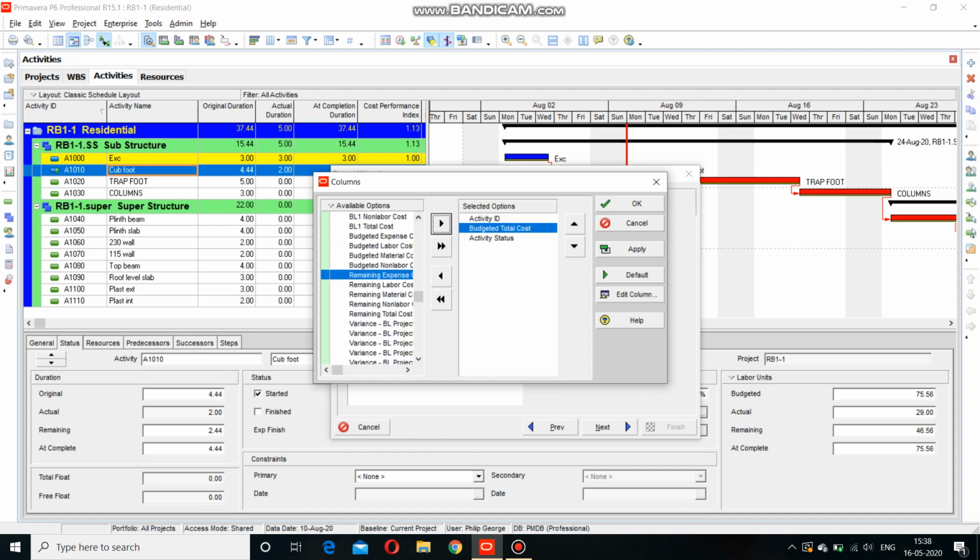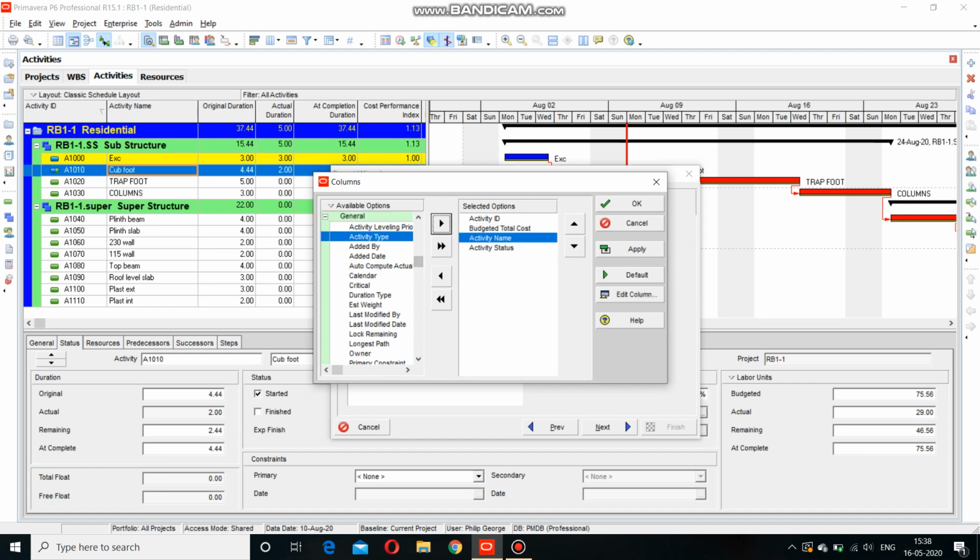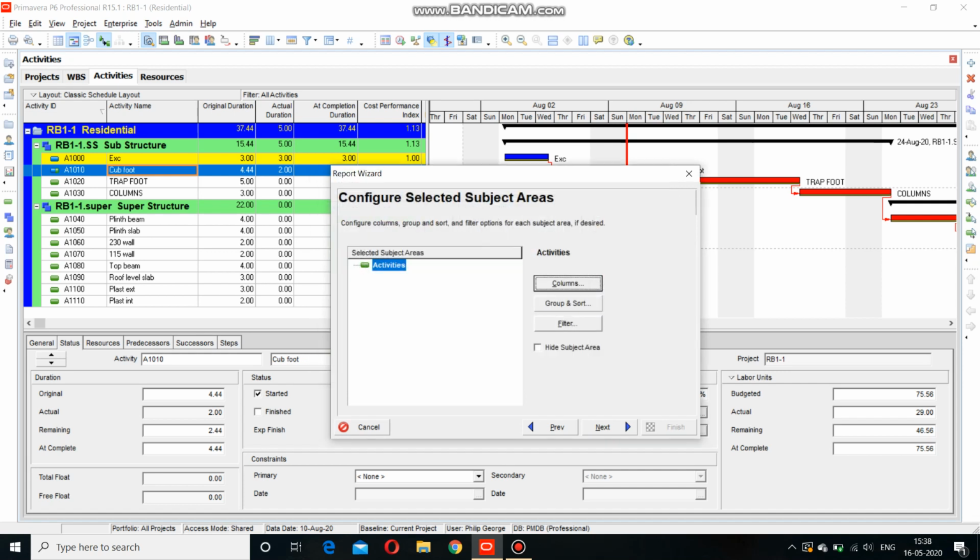Here I'm adding the budgeted total cost, and I'm also adding the activity name to it, and these four are to be generated. Then we went to the next step.